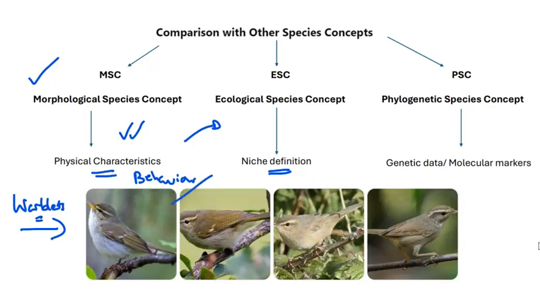And this is often used by field experts to distinguish between these types of birds based on their location rather than their physical characteristics. For most people, you can't tell two of these birds apart, but you might choose to do so based on the location in which you're actually observing these birds. So morphological species concept and ecological species concept combined together give you a very good field tool for the identification